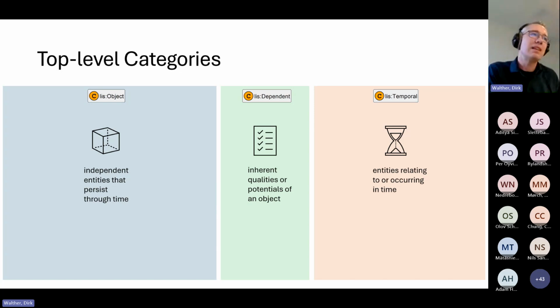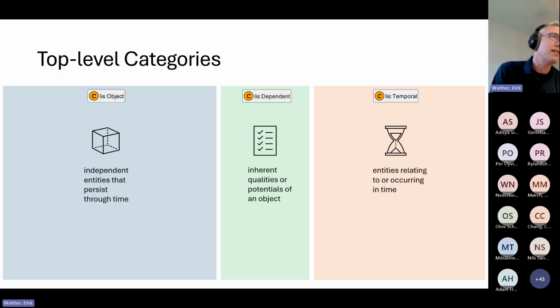These represent inherent qualities, for example, the weight, the length, the color of something, or they represent what you can do with these objects when you start using them in an activity. Again, it stays on a very, very general level. On the right, these are things that are relating to time or occurring in time. And these are summarized in this class called temporal.